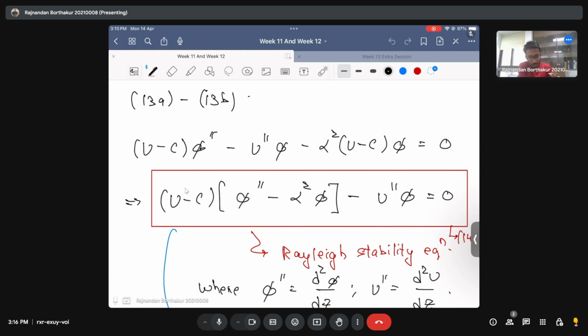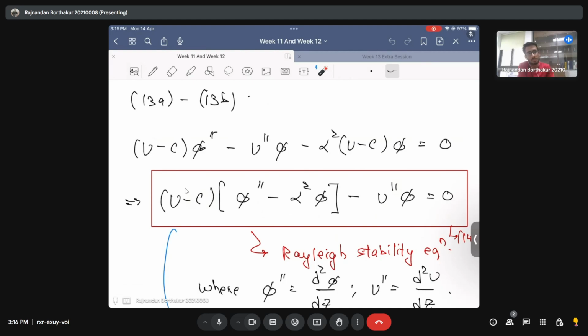And that equation, which you can see on your screen, is the Rayleigh stability equation, where, if you remember, this capital U is the base flow, the knowledge of which is completely known to us. C is the eigenvalue that we are trying to seek, which will dictate